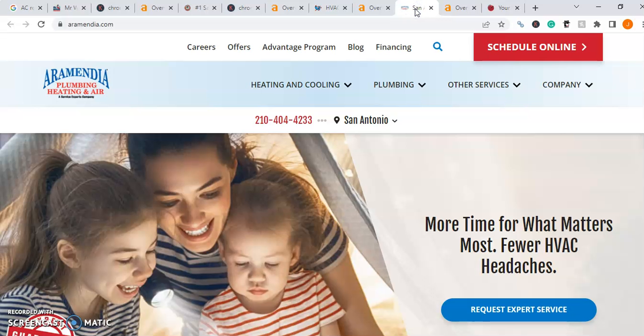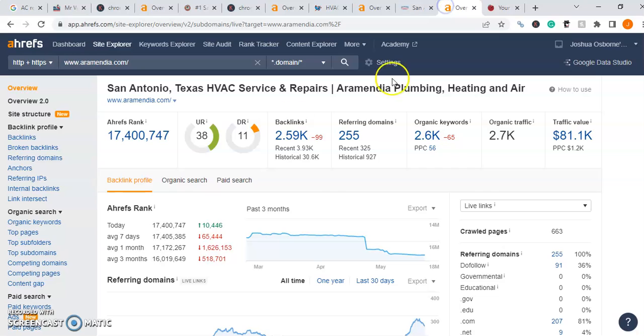We're still working back here. We have our Aramendia, and if we go there, they have a 38 UR and an 11 DR. Puts them in the top 100 for 2.6 thousand keywords. And then let's see, they have about 2,700 users every single month. So a clear correlation between a positive SEO strategy and the amount of organic traffic that you can generate every